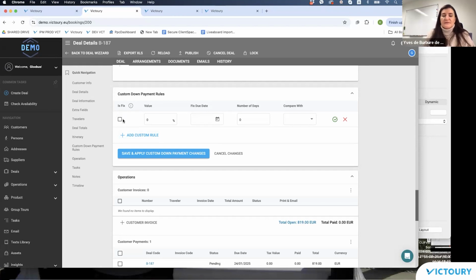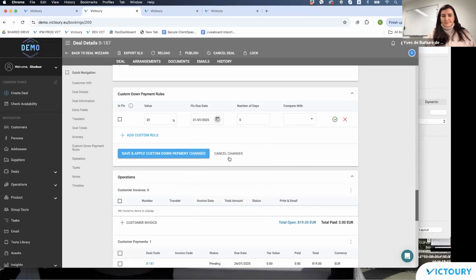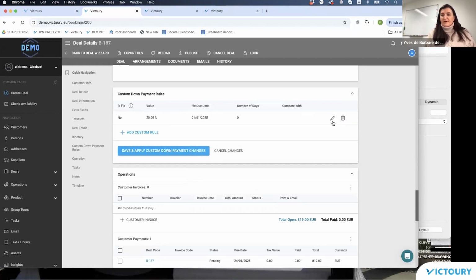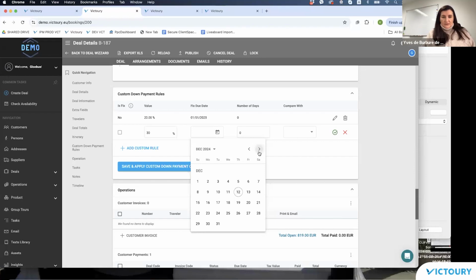In case you decide, and I will do that, to set up not a fixed amount but a percentage, maybe a 20% on the 1st of January, I will verify whether it is correct. And the second one, and here the system does not allow me anymore to select this fixed amount because the checkmark here is disabled. I will set up another 30%, so to reach 50% total, maybe on the 12th of January.